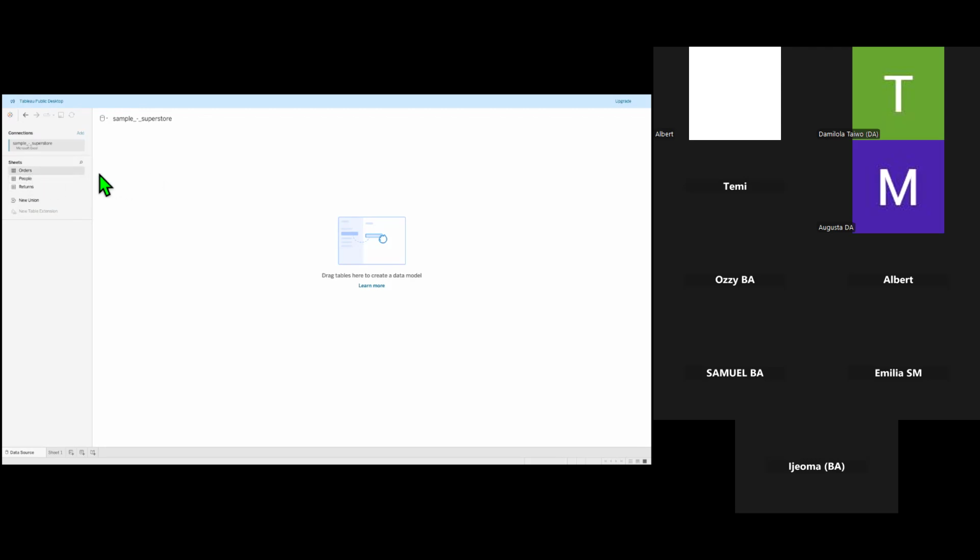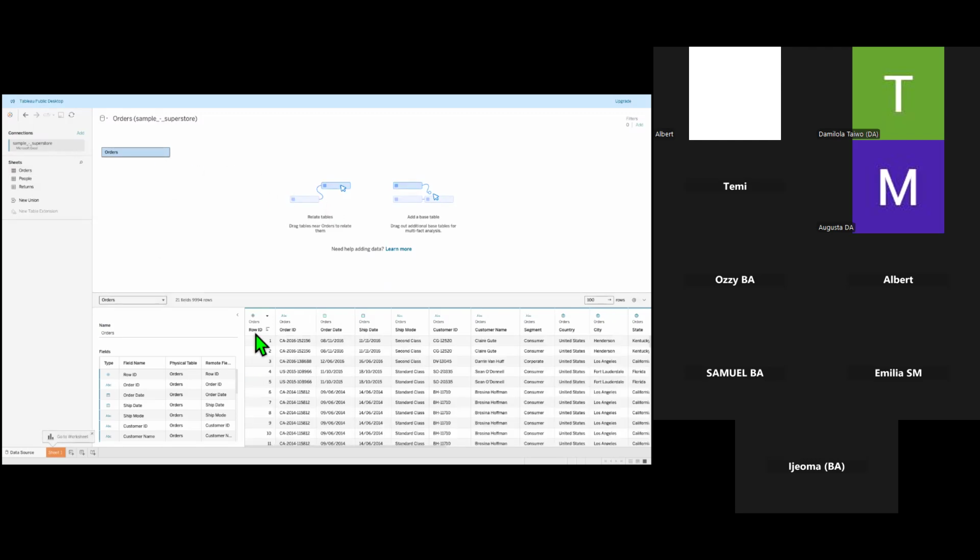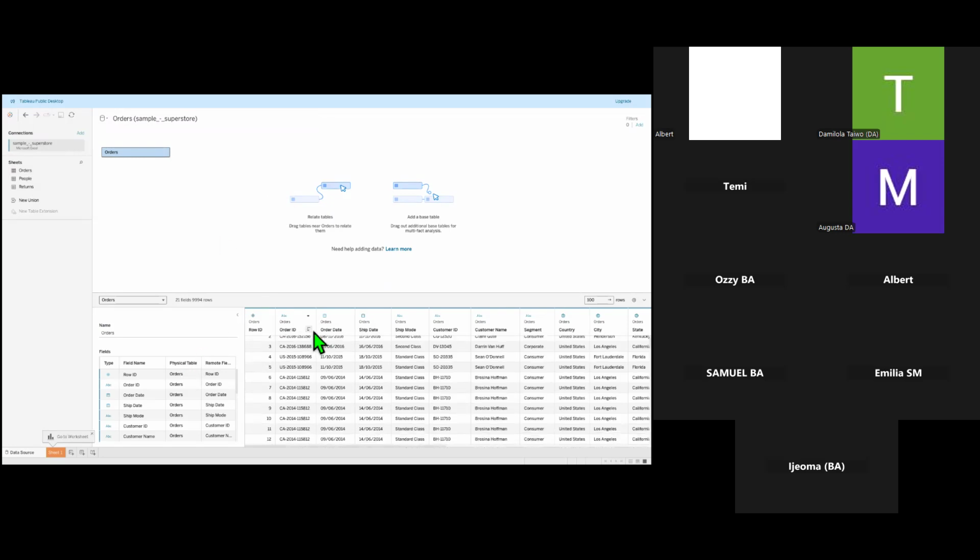So the first thing we want to do is bring it out: you press and hold and drag it out. Once you drag it out, you drop it. You might not see what I'm dragging, but you can see my cursor moving. So I click and hold, then drag it out, and once I drag it out, I'll leave it. Then I should have something like this, because this is where I'll be performing my joins. Okay, this is how I'll be performing my joins, and I'm able to see the information I want to work